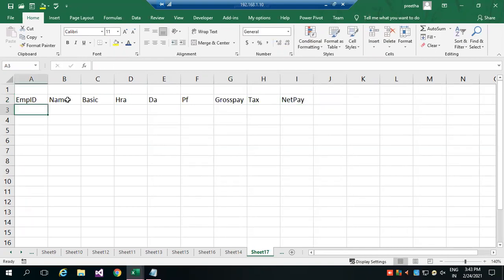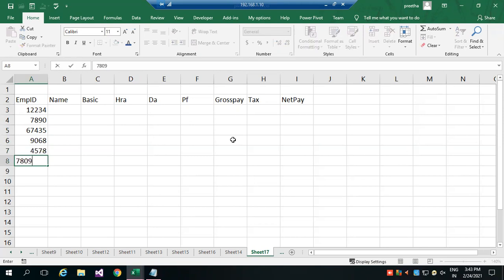So all will be decided. Here the employee ID you can fix. At least try 10 to 20 records. I'm going to fill only a few.